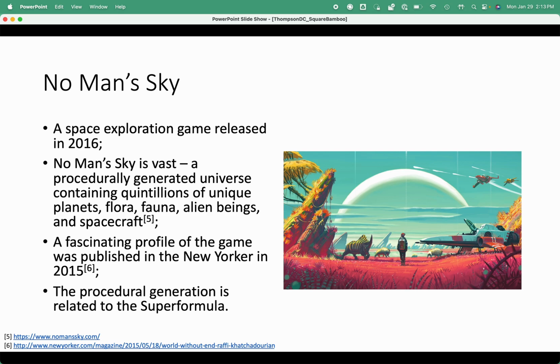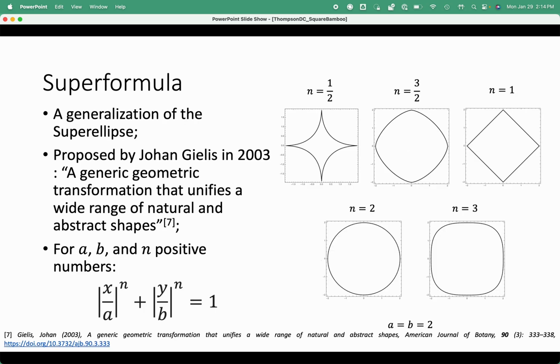As part of the New Yorker profile, the developers discussed their use of something called the superformula that enabled them to create such a remarkable variety of environment as part of the game. It was the description of the superformula and how foundational it appeared to be that piqued my interest and aroused my curiosity to learn more. I proceeded to jump onto the internet, and here is a super high-level summary of what I found.